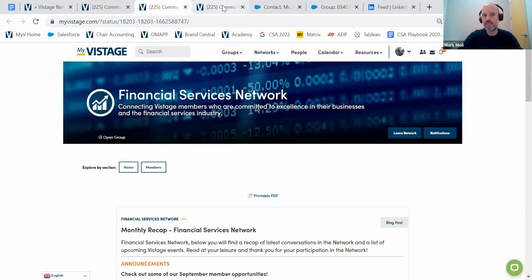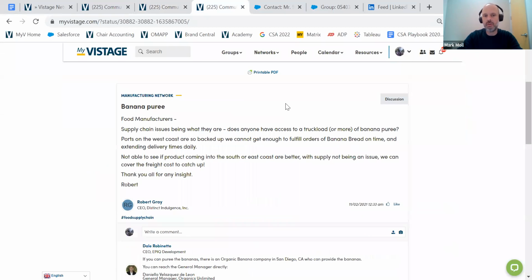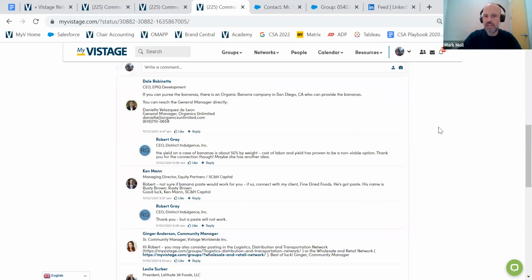My favorite post that I also have up here is specifically on banana puree. And the reason I'm bringing this one up is because of the diverse amount of people that chimed in with their input on it. So just from the jump here, you'll see that somebody's asking, does anyone have access to a truckload or more of banana puree? And then we got all sorts of contacts coming in, saying, somebody from here in San Diego,